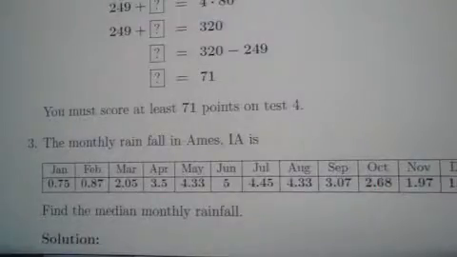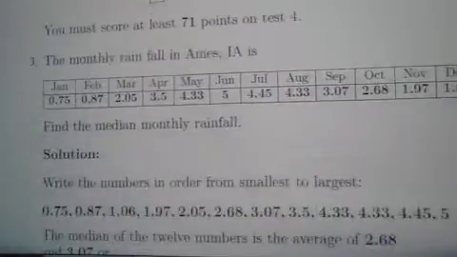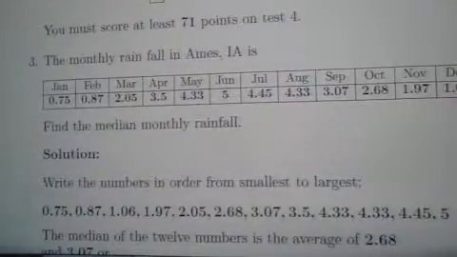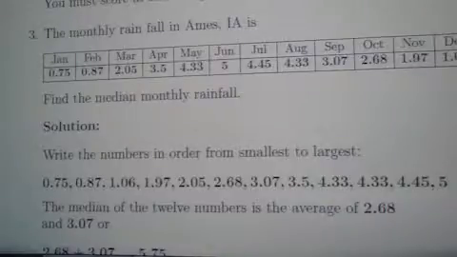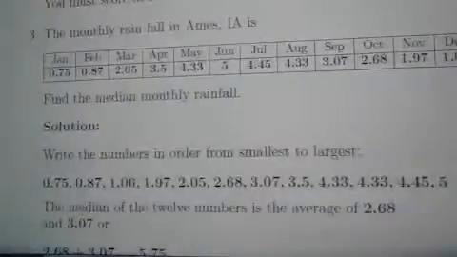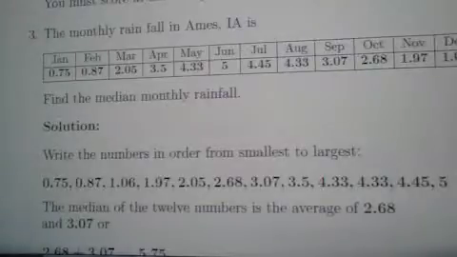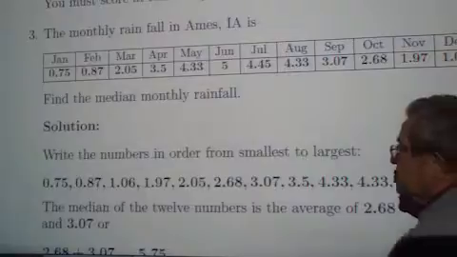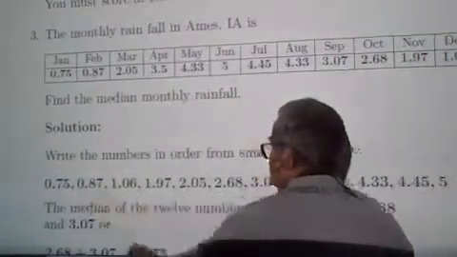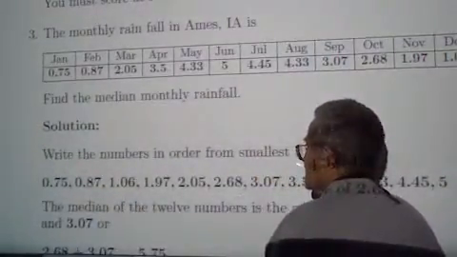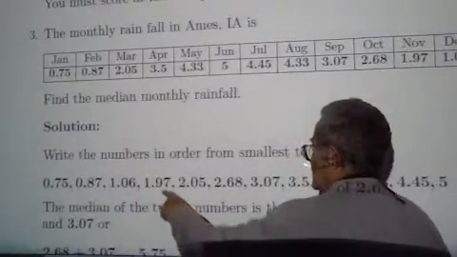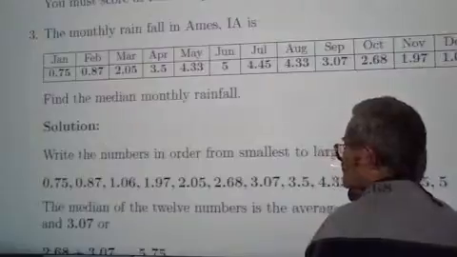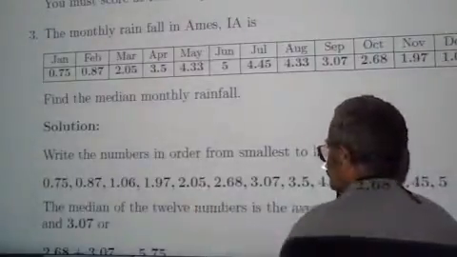The median monthly rainfall, then we have to rearrange the data from smallest number to largest number. And when I did that, I came up with 0.75, followed by 0.87, 1.06, 1.97, 2.05,